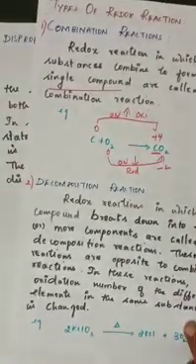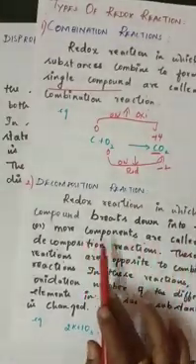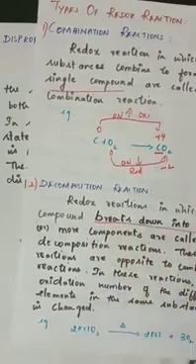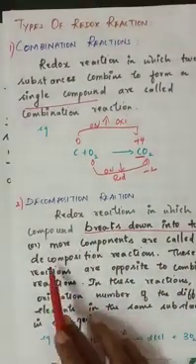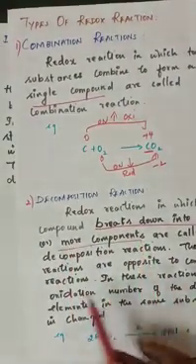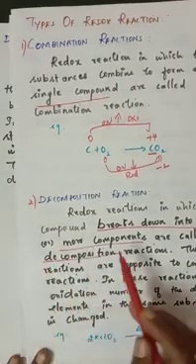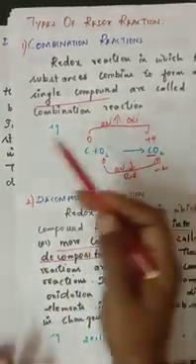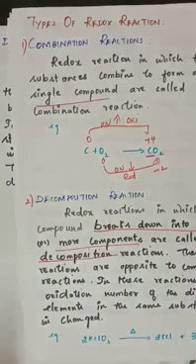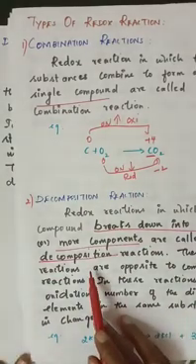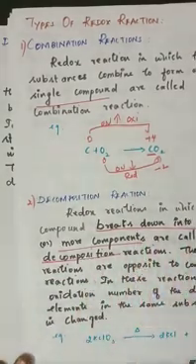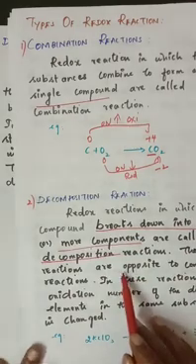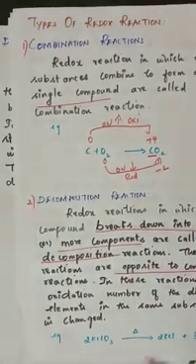Decomposition reaction is actually one in which a compound breaks down into two or more compounds. It is called decomposition. The addition reaction is combination. It decomposes; it is a decomposition reaction, breaking down into two or more compounds. These reactions are opposite to combination.